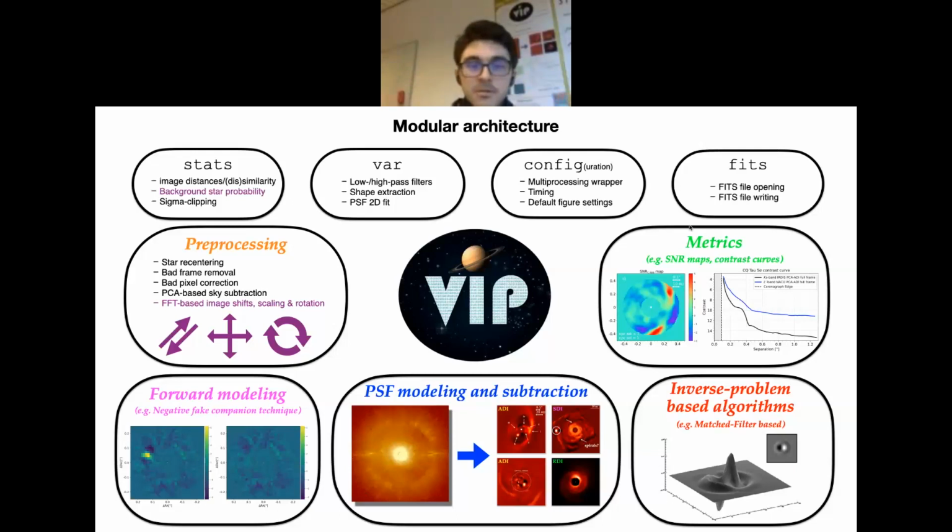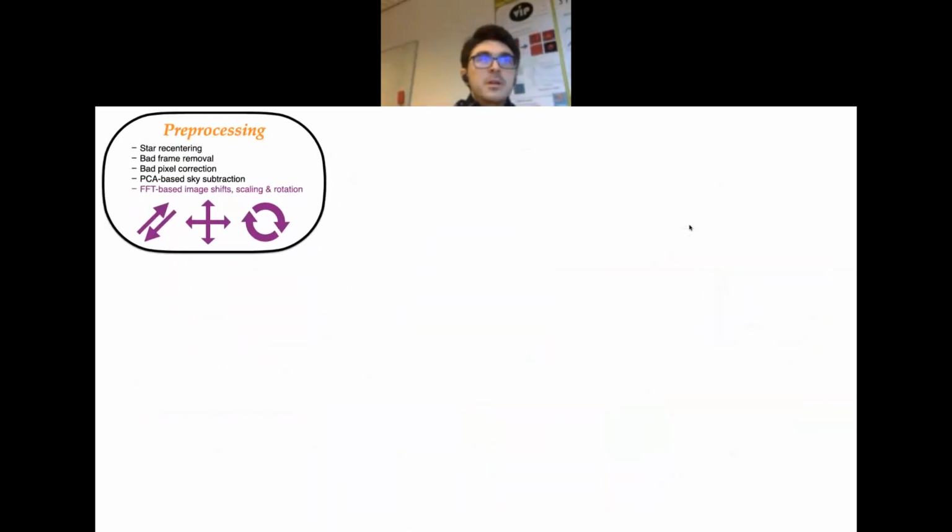I won't have the time to cover the whole package in just 10 minutes, so we'll just focus on some cherry-picked recent additions to the package. Let's start with pre-processing. As I said, it implements a number of routines that can be helpful to prepare your data before PSF modeling and subtraction. We have different routines for star recentering, automatic bad frame rejection, bad pixel correction, or PCA-based sky subtraction. And we also recently implemented basic image operations, such as subpixel shift, scaling, and rotation, using a